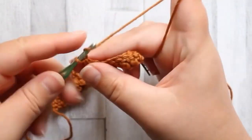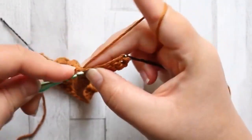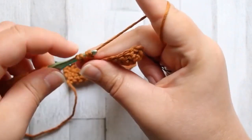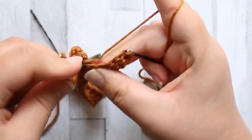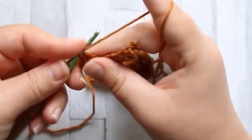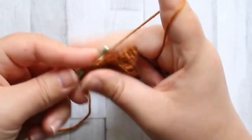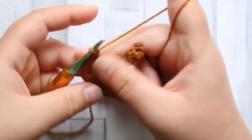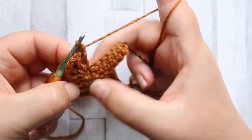Okay, so now we chain one in the same stitch, extending double crochet, chain one, extending double crochet in the same stitch, chain one, and another extending double crochet in the same stitch. What is that now? It is 1, 2, 3, 4, 5,